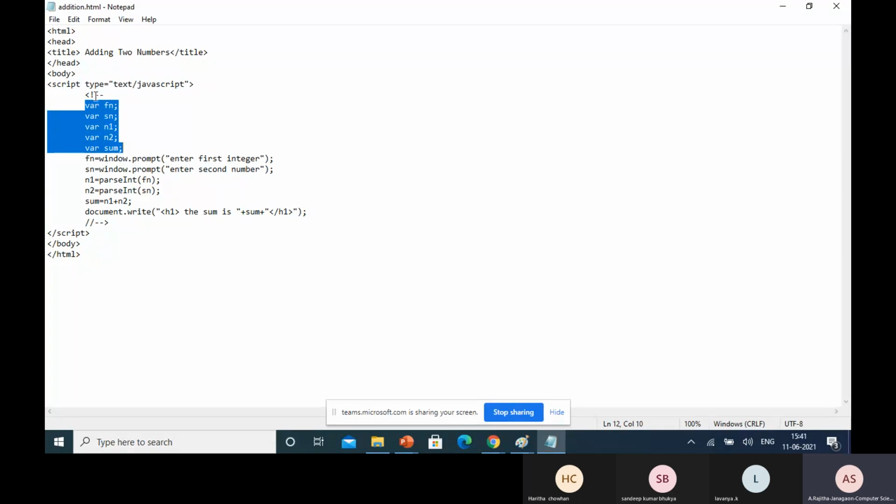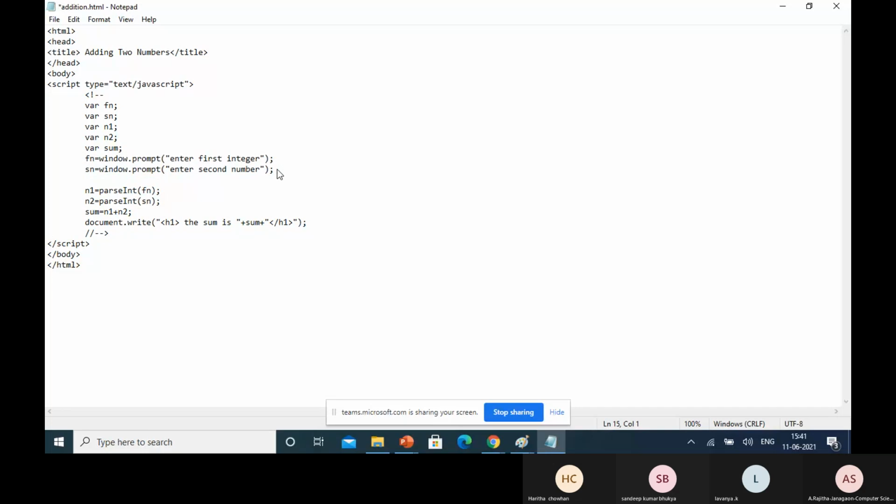Here a variable is there, and whenever we assign something, that value decides the type. So n contains the string, and n1 and n2 contain integers, because parseInt is there. That means the string is converted into integer by using this conversion method, parseInt. Suppose you try to display this sum before converting it into integers.